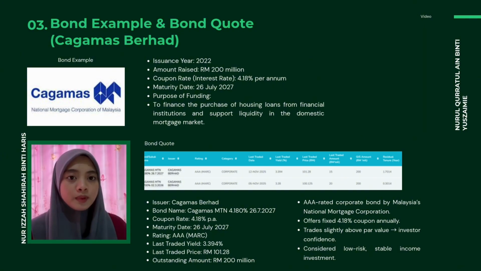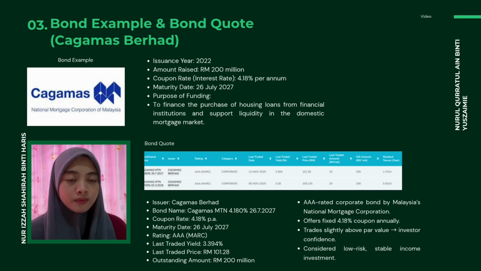Next, I will explain a simple bond quote using a real example from Cagamas Berhad, which is Malaysia's National Mortgage Corporation. The bond I selected is called Cagamas MTN 4.180% 26/7/2027, as shown in the screenshot from BIX Malaysia. This bond offers a coupon rate of 4.18% per annum, meaning investors will receive 4.18% interest every year based on